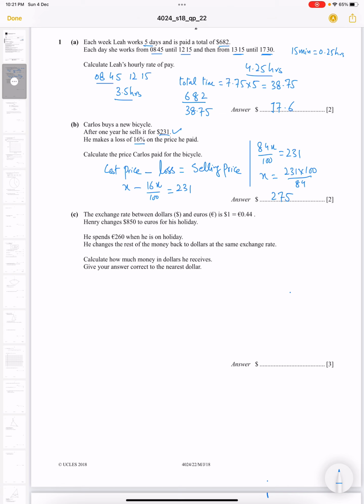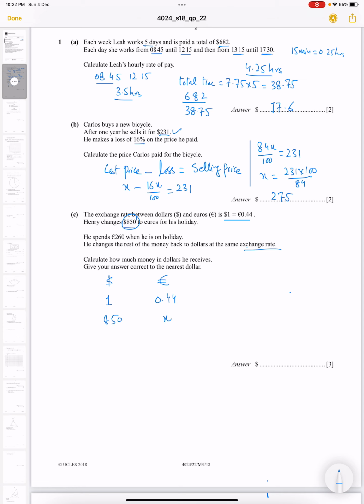Next question. The exchange rate between dollars and euros is $1 equals 0.44 euros. Henry exchanges $852 for his holiday. He spends 260 euros when he is on holiday. He changes the rest of the money back to dollars at the same exchange rate. Calculate how much money in dollars he receives. First we need to figure out how many euros he will receive initially. The relationship between dollars and euros is given as $1 is 0.44 euros. So $852